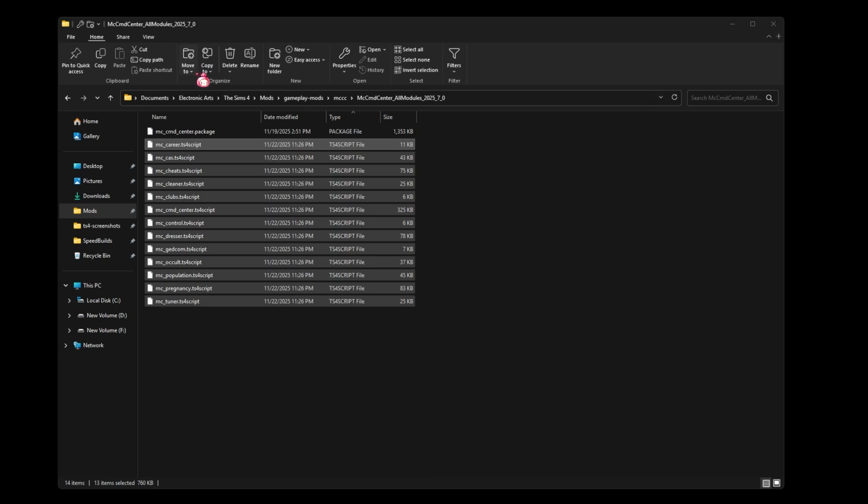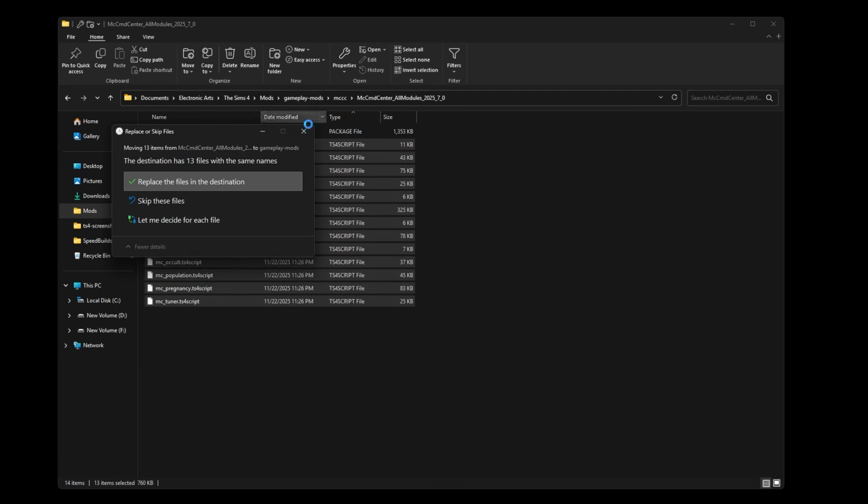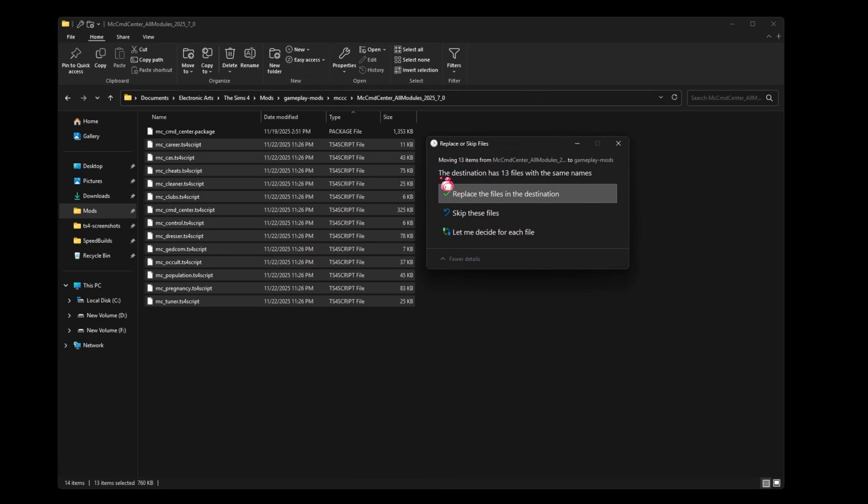I don't typically use the move to, because I can clearly see the file path. I don't have to go any further than that. So I just drag it, all 13 files. You have to remember how many you've selected, because we're going to be replacing what's already there within gameplay mods. If it's your first time downloading it, obviously you won't get a pop-up to replace what's there. But say it's patch day and they just released an update. If you're updating all of your script files, you would select all of them, move them to gameplay mods, and then it's going to say you have 13 files within gameplay